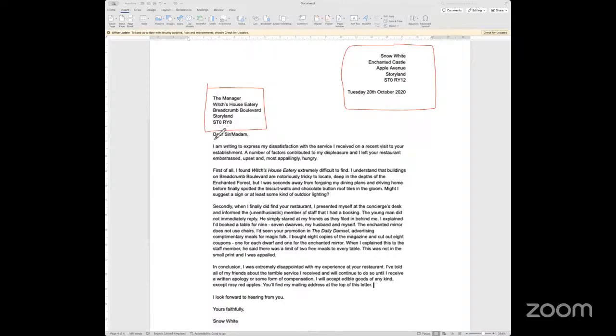I would articulate and put a subject down. Then you would say, dear sir or madam. If you're given a name, you would use it, because if you don't know that person and I'm writing to them for the first time, I would say dear. And if it says Smith, dear Miss Smith, Mr. Smith, use your imagination, but use the title and then the last name to address that person. Now, if I was writing a letter to my father or a good friend or somebody that I know, then I would write dear and the first name, dear Roger, or dear Latifu, or dear Romina, whatever it is.